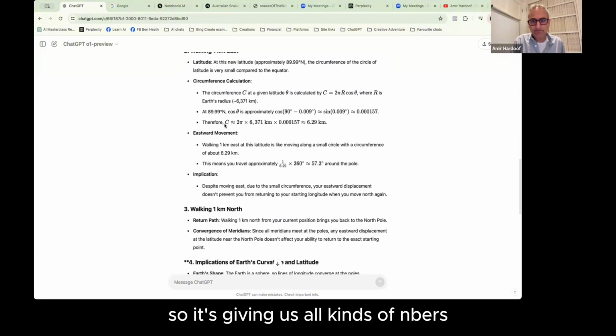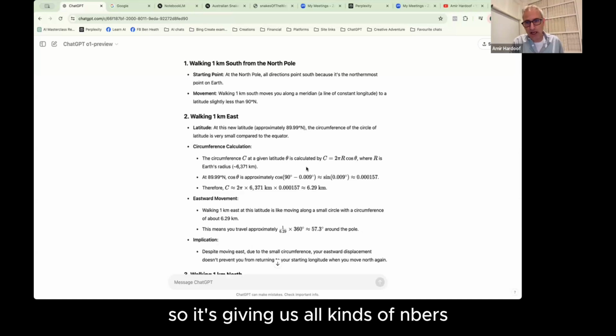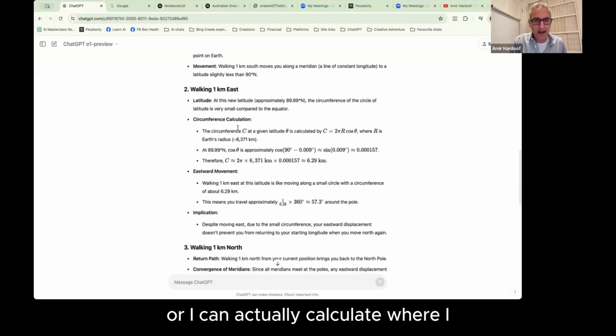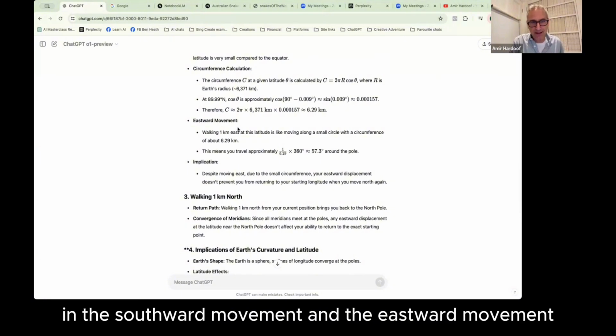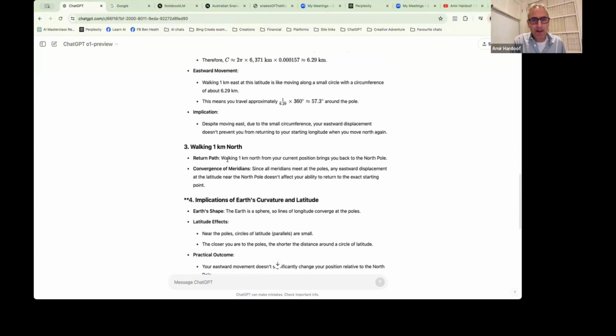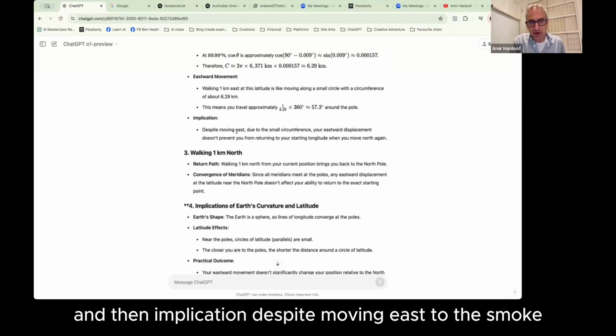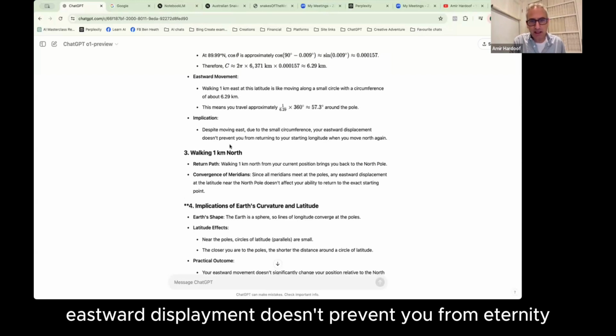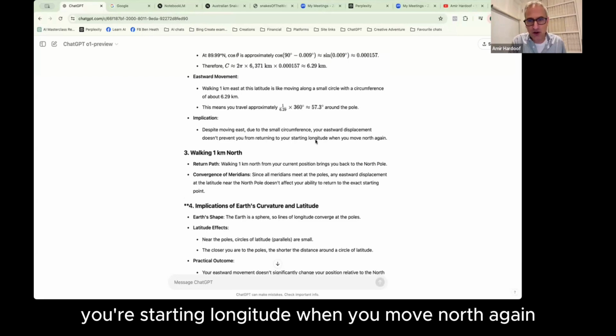So it's giving us all kinds of numbers, where I am in the southward movement and the eastward movement, and then the implication. Despite moving east, due to the small circumference, your eastward displacement doesn't prevent you from returning to your starting longitude when you move north again.